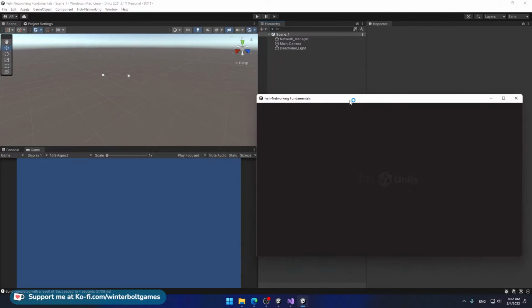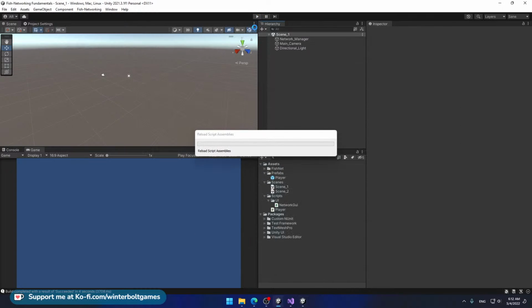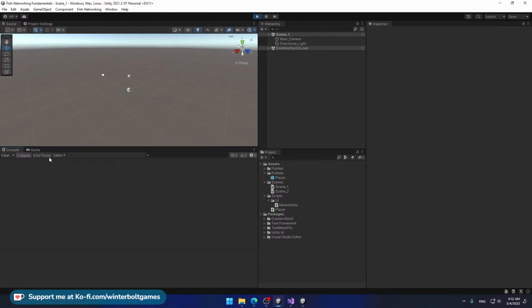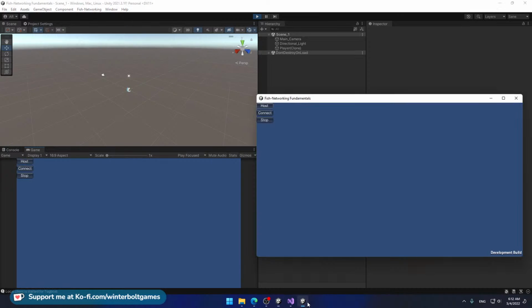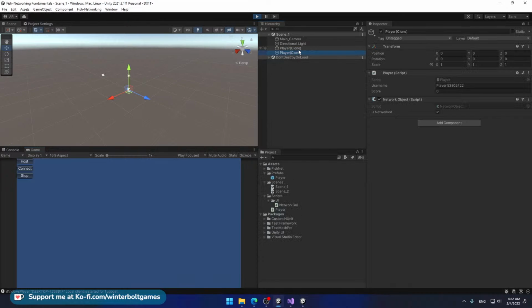Okay, so I have my build here. I'm going to enter the editor. I'm going to connect the console to the build. I'm going to go ahead and host inside the editor, and I'm going to connect from the client. Okay, as you can see, both our